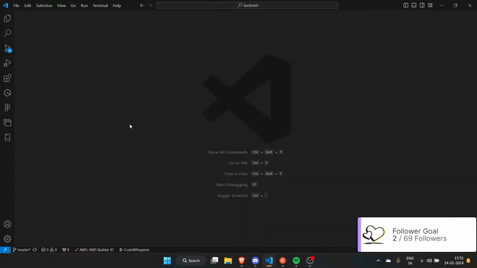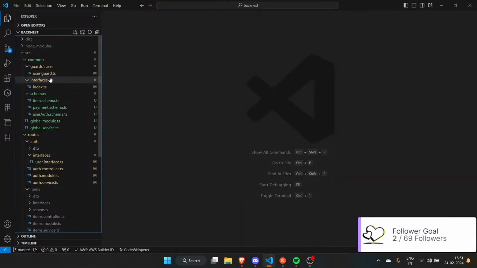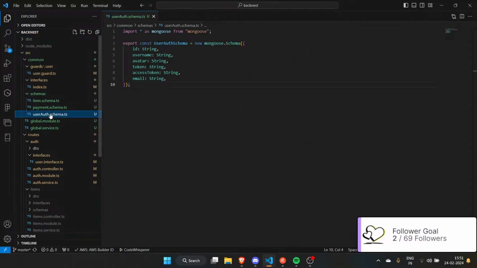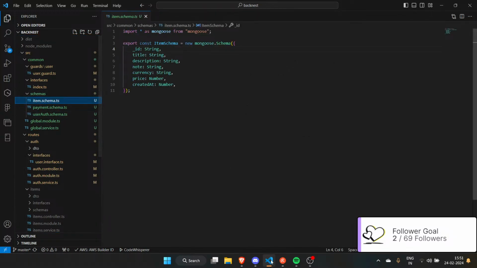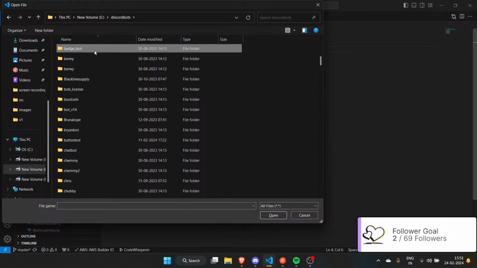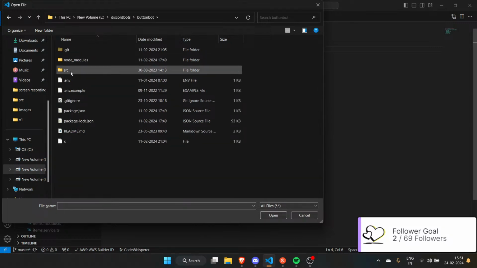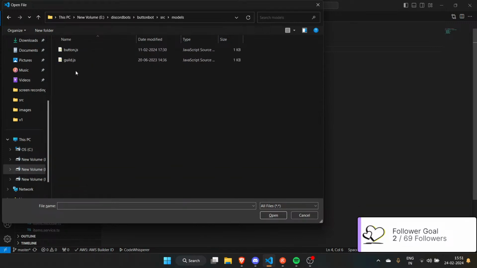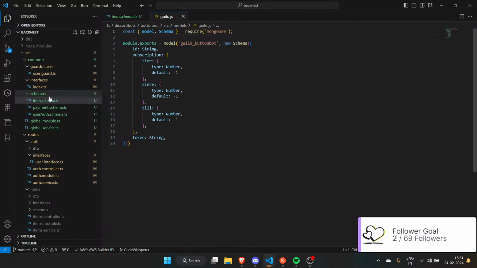Then let's go to our global service. User auth. I need the guild schema, right? So that's control O. Let's go to local disk, discord bots, button bot, source models, guild, right?